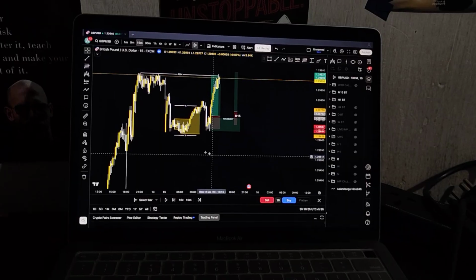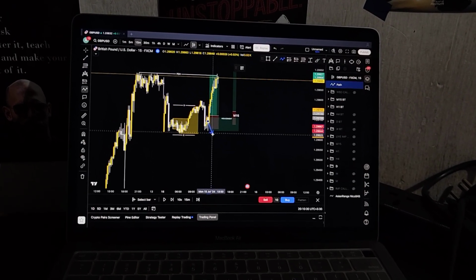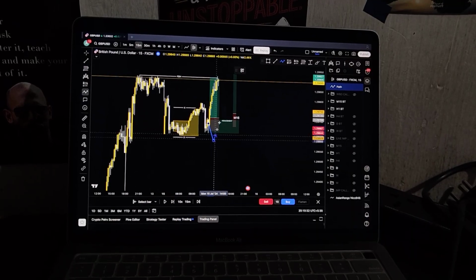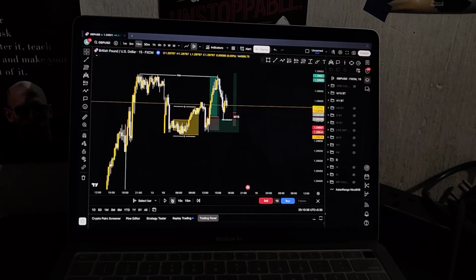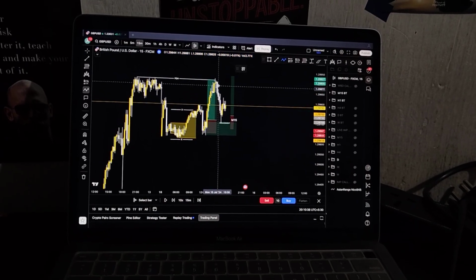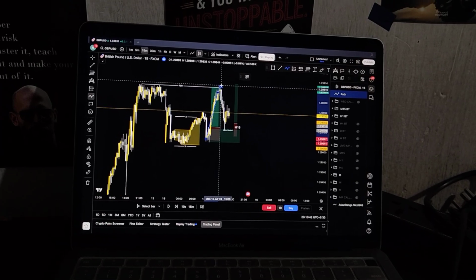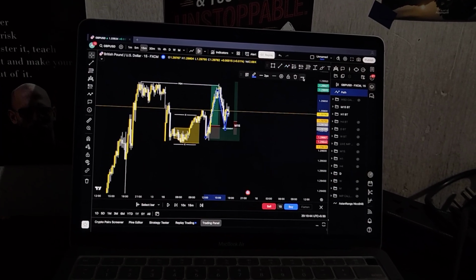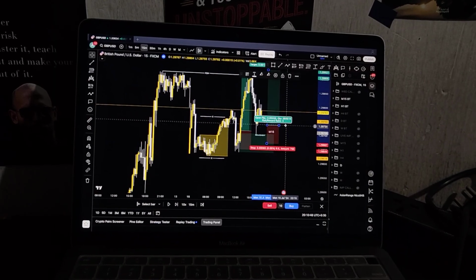So if you miss this trade, right, there is a chance that okay, I will not take this trade because my Asian low didn't get swept, and so on and so forth, right? If you had done that, then what you could have done is you could have waited for New York session. This is the London move. So usually whenever London makes the move, New York we don't trade, right? If you didn't catch this move and you wanted to be a part of this move, what you could have done,